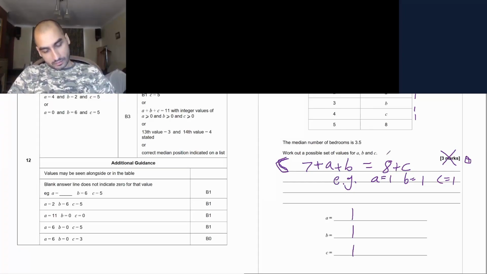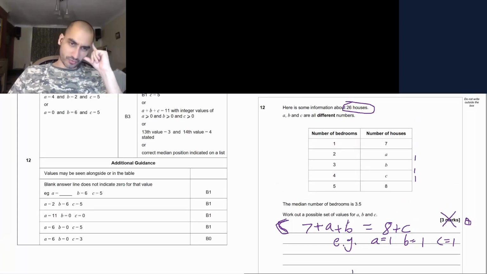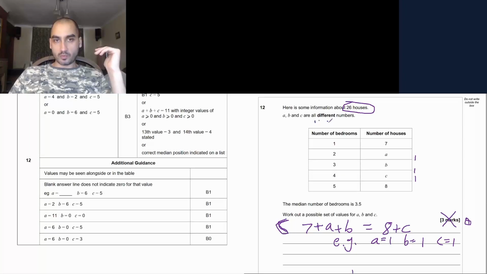So, 3 marks lost so far. But is what I said even true? If you were to put all the houses in a row, you'd have 7 ones. And then you'd have a bunch of 2s, A of them. I'm trying to use a mouse now, so it's going to look horrible. And then you'd have a bunch of 3s, B of them. And then you'd have a bunch of 4s, C of them. And then you'd have 8